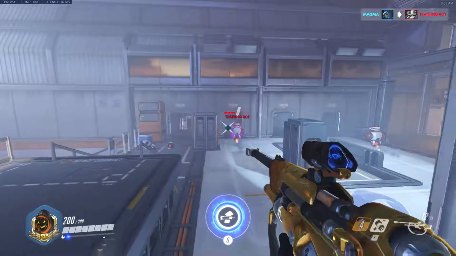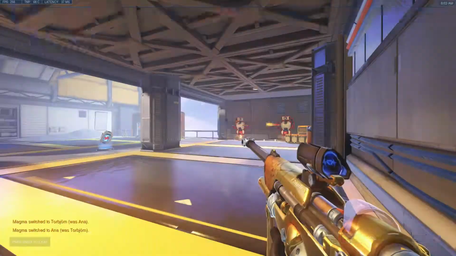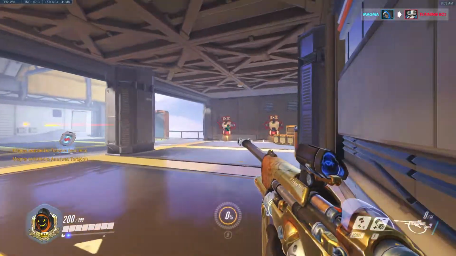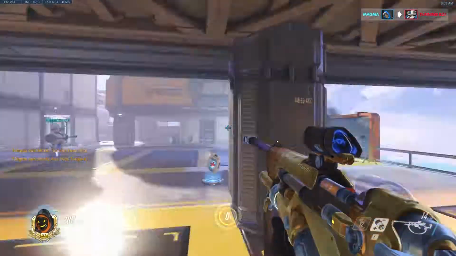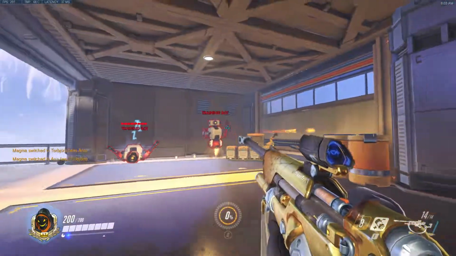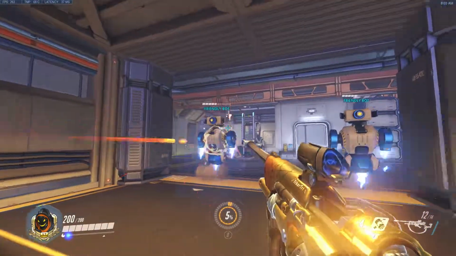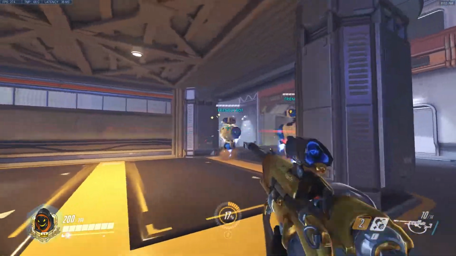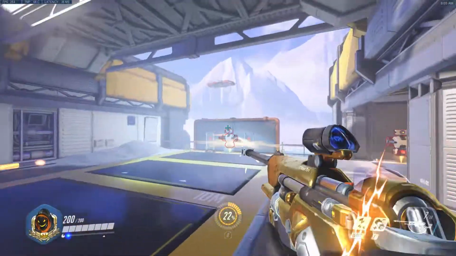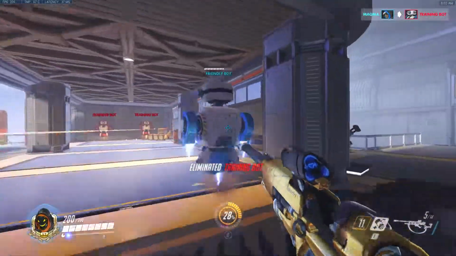You're missing a lot of stuff because you're flicking way too hard and way too late. Even if it's just a slight adjustment. Say you want to heal this teammate right here, your crosshair's here, you want to just adjust it a little bit every shot, just to make sure you have maximum accuracy. It's the same thing with the sleep dart. And of course I can't aim, but